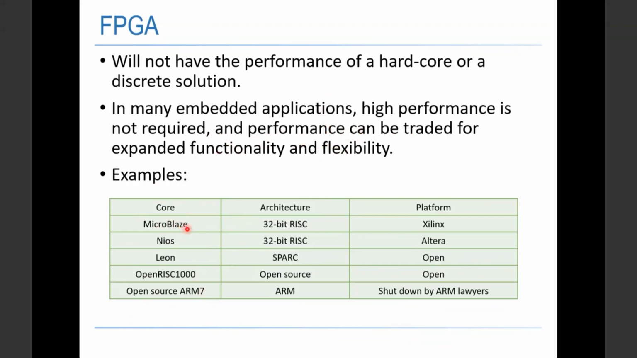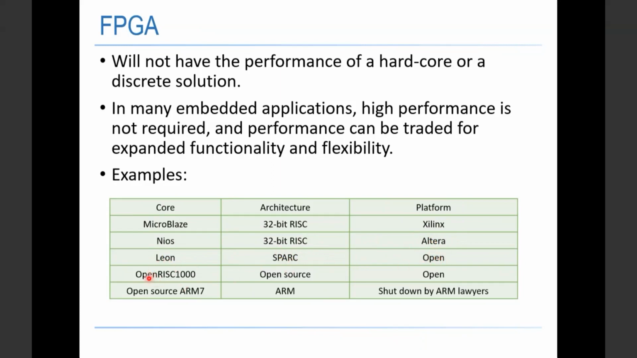The first one here is the MicroBlaze. It has a 32-bit RISC, and the platform that you're going to use is a D-Link. Then we have the NIOS. It also has a 32-bit RISC, and you're going to use the Altera platform. And then we have the Leon, which uses the SPARC architecture, and it is an open